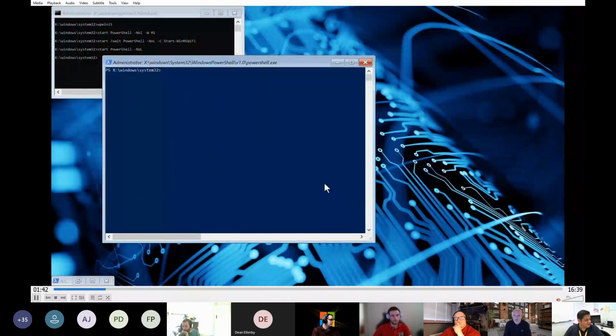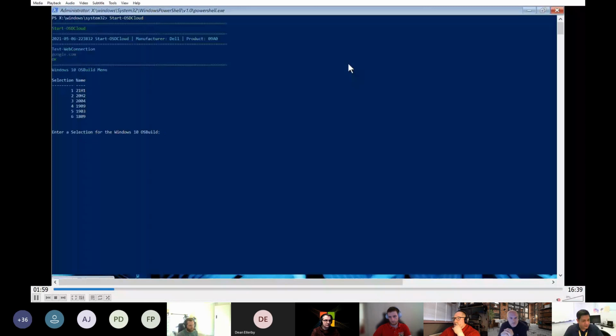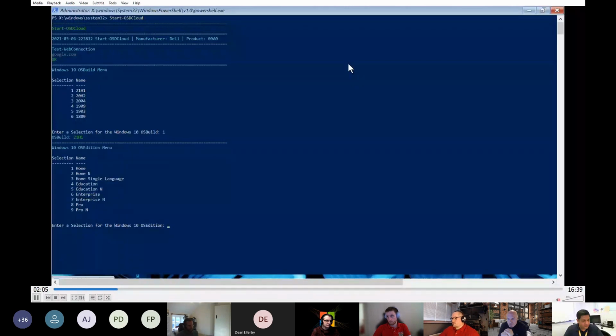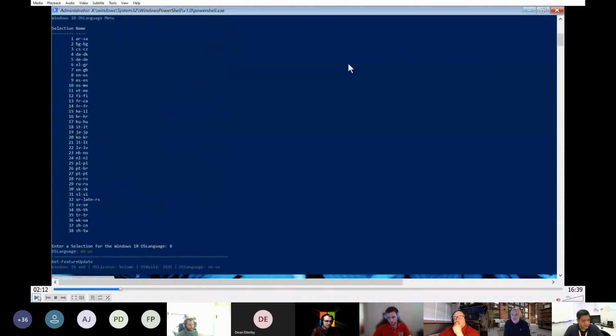And once the wireless connection is made, another PowerShell window opens up, and this is where I would start OSDCloud. And I believe here I'm doing this parameterless. With OSDCloud, you can set parameters for your Windows build. 21H1 is in there. This is not the official release. This is the insider.